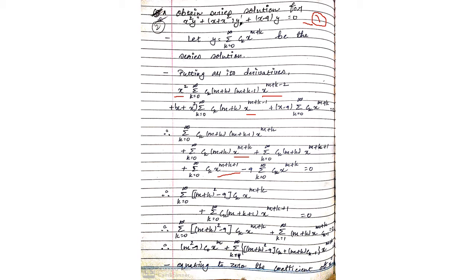you have to see if any terms have a similar power or not. So see the terms, there are three terms that have a similar power, that is m plus k. This first term, second term, and the last term. So I'm just taking out the common. So summation is common for all these terms, ck is common for all, and x raised to m plus k, again that is for all terms.